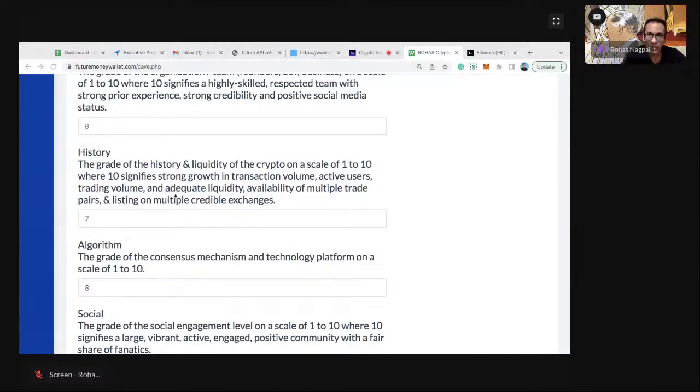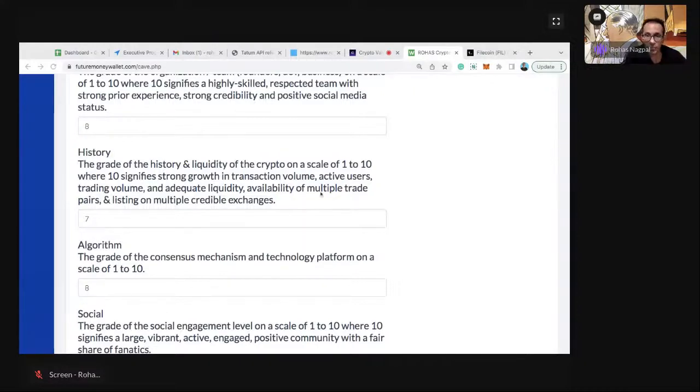Then we look at the liquidity. Now, what do we mean by liquidity? Liquidity means that when you want to buy or sell, are there enough amounts of token available? It shouldn't happen that it's a solid project, but once you buy the token, nobody's ready to buy from you and you can't sell. So that's a complete waste. You'll end up losing all your money.